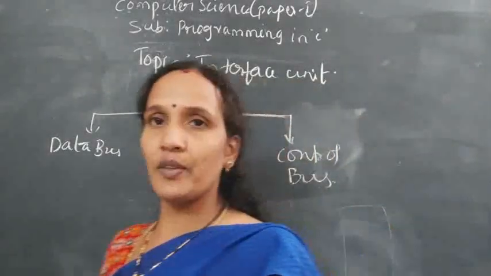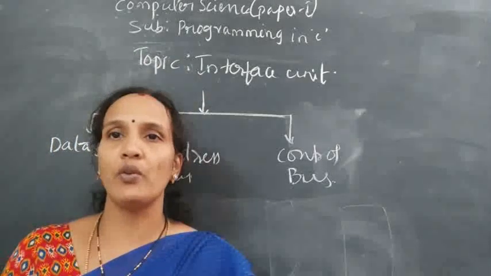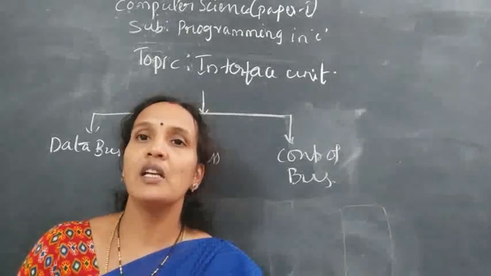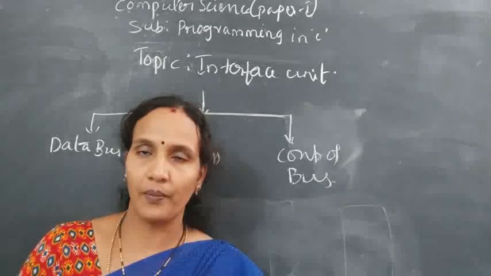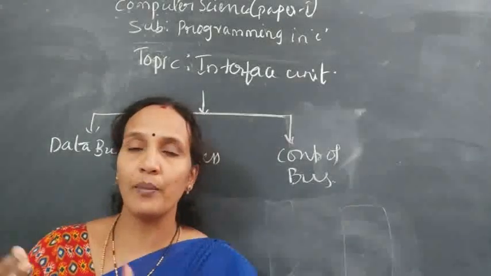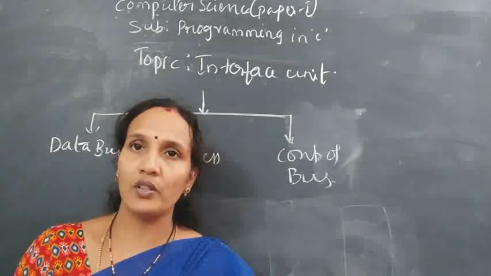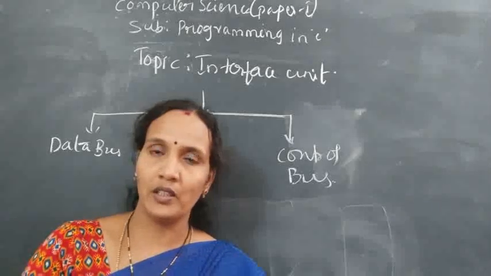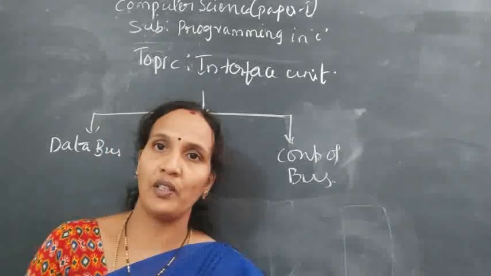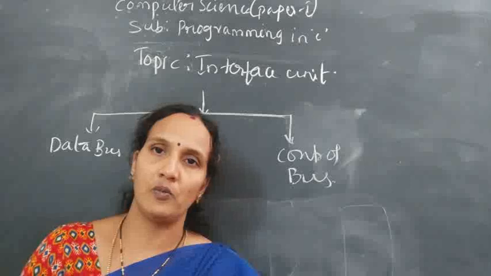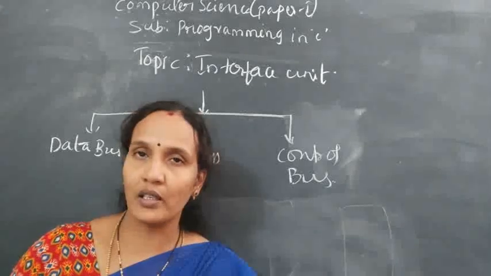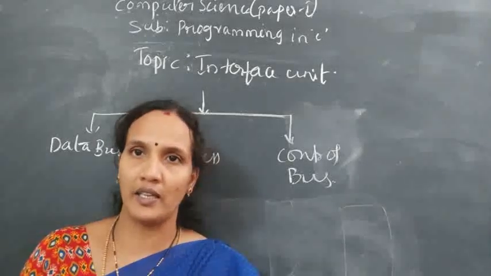The data bus transfers data between the CPU and other units of the system. What is the job of the data bus? The data bus transfers data between the CPU and other units of the system. The next one is the address bus. When data is transferred from your secondary memory to the primary memory or to the CPU, the data is transferred from one place to another place, and whatever address is needed to transfer the data between different units is handled by the address bus. This bus will transfer the addresses of the different blocks.